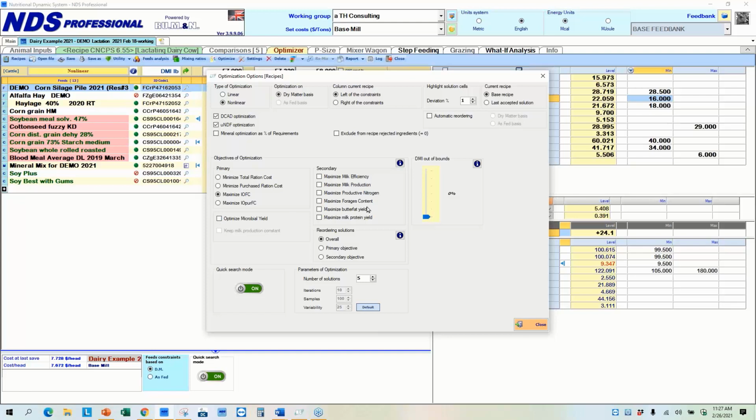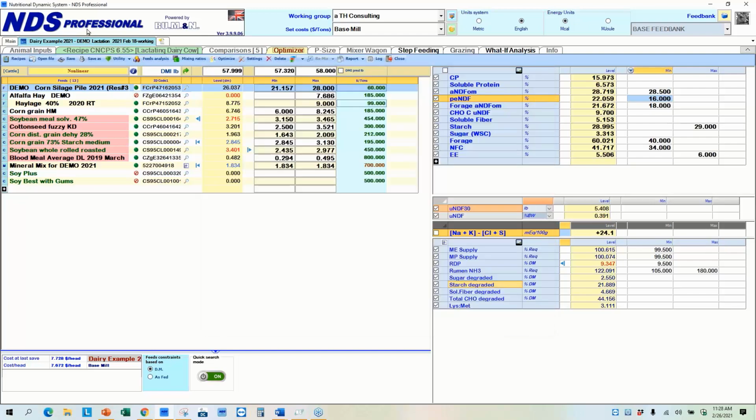In hard economic times, you'll be doing that. Looking at the way Mike is doing a lot of this stuff, it's all on maximizing productive nitrogen. So that's the second objective, up in your area, Kurt, maximizing forage content, those on-farm feeds that you already paid for, that's huge. A couple other features that you really need to be aware of in that